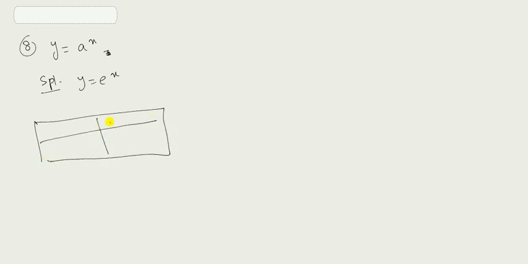And the last graph of today, that is exponential curves. So for that, let me take y equals a to the power x, or in special case I will take y equals e to the power x. Okay, so here it is very easy to plot x, and this will be f(x). So if it is minus 1, it will be 1 by e, minus 2 it will be 1 by e square. Similarly, if it is 0, it will be 1, and if it is 1, it will be e. If it is 2, then it will become e square.